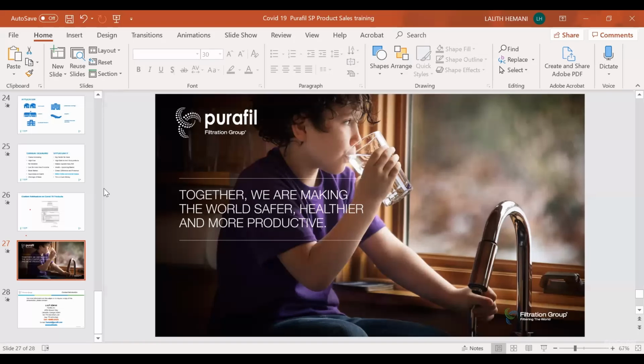Mr. Hemani, if you can please tell if we are missing anything. No, I find you have asked all brilliant questions, like how we can check the balance life, how it is going to give performance to the customer. If somebody asks you how can I know whether it is capable of removing virus or not, you just tell him to check the air quality at the inlet and outlet. Or maybe before installation he has some data on the bacteria and viruses, and after installation he can check the air quality. We have tested, so we are confident. It's 100%.